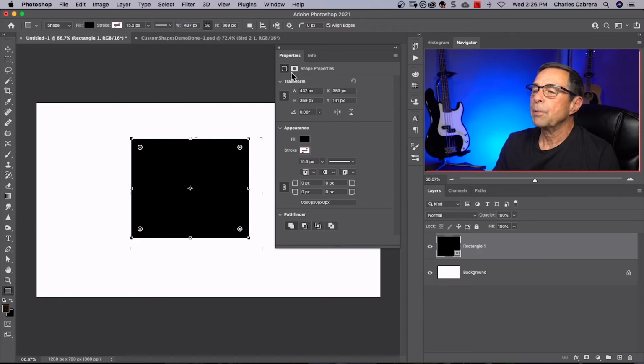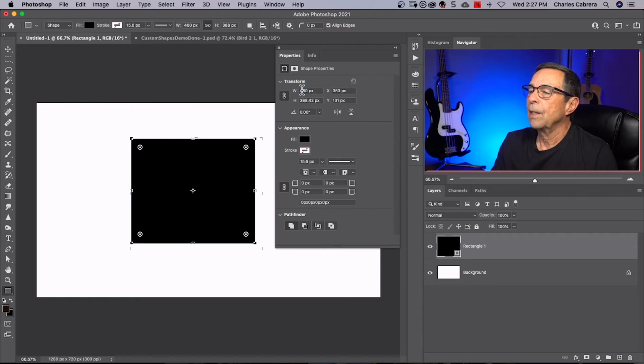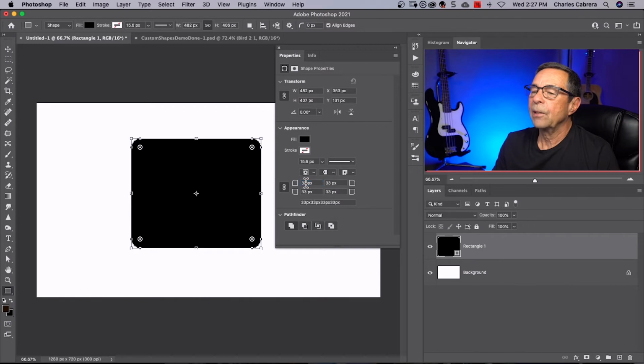You have that same option over here in the properties. They call it your live shape properties. You can change your height and width of your rectangle in this case, change your fill and your stroke. You can change how rounded the edges are going to be. I wanted this to be a square, so it's 0 pixels. So this allows you to round the edges of your rectangle. You can see how I'm doing that. And because this chain is highlighted, it does it proportionally to all corners.